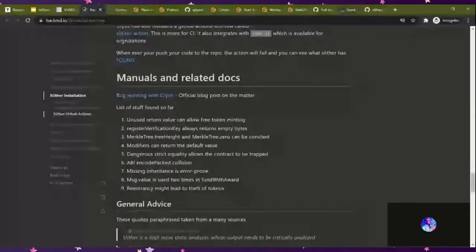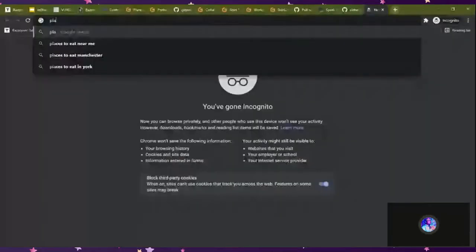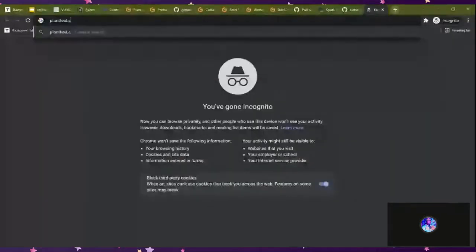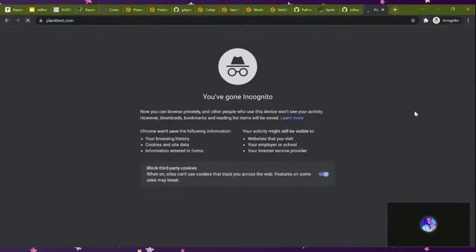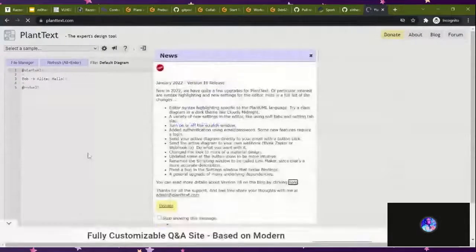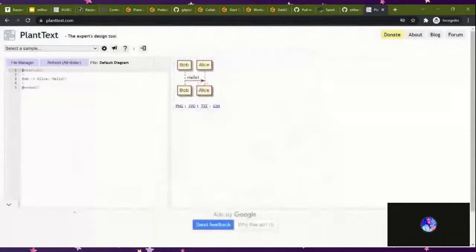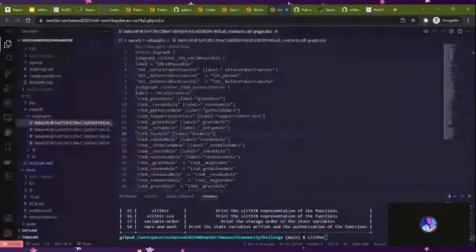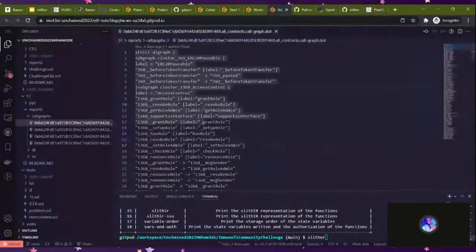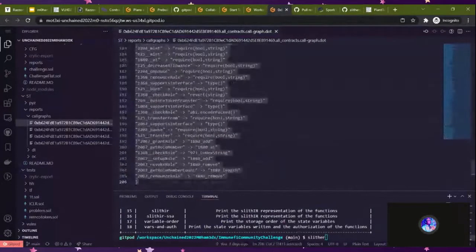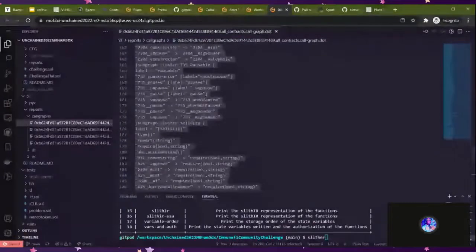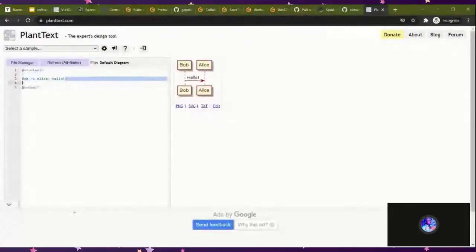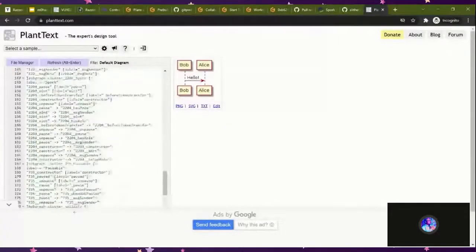Okay, so it's a dot diagram. We're going to use another online tool called PlantText. PlantText, if you know about PlantUML, is a UML diagramming software, and there's an online compiler also. This particular code which it has given is a dot file code. It helps you see diagrammatically what all the calls are that are occurring in that